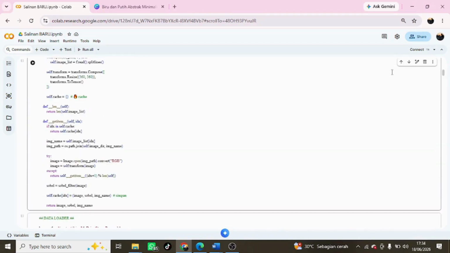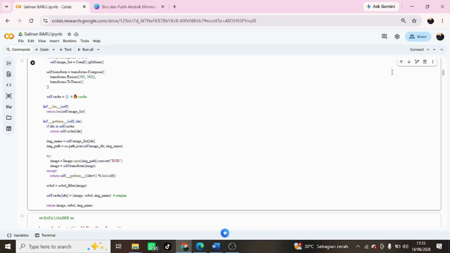Next, convolution operations are performed using a horizontal Sobel kernel and a vertical Sobel kernel. The result of this convolution produces two gradient components, the horizontal gradient and the vertical gradient. The two gradients are then combined using gradient magnitude calculation to produce an edge image.